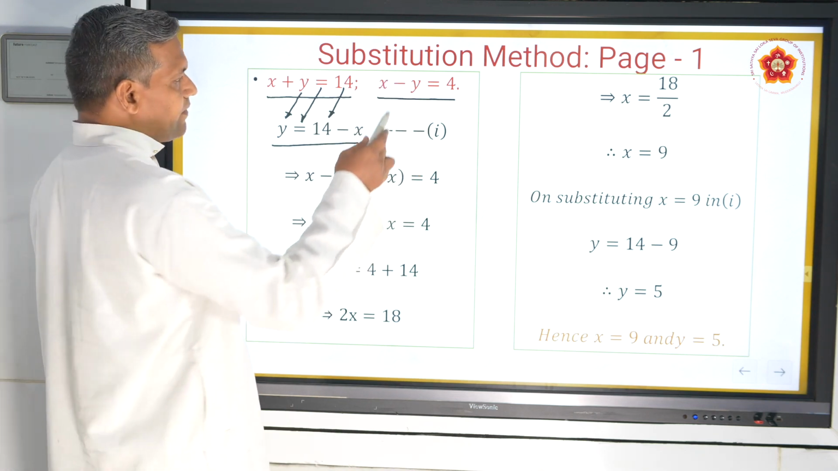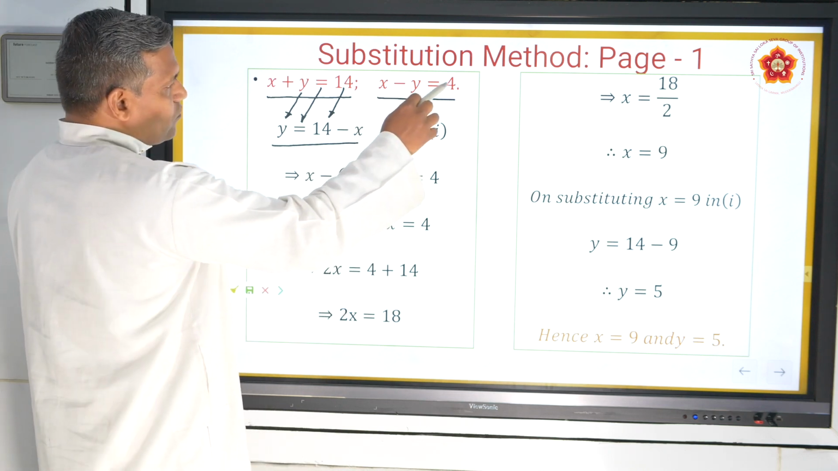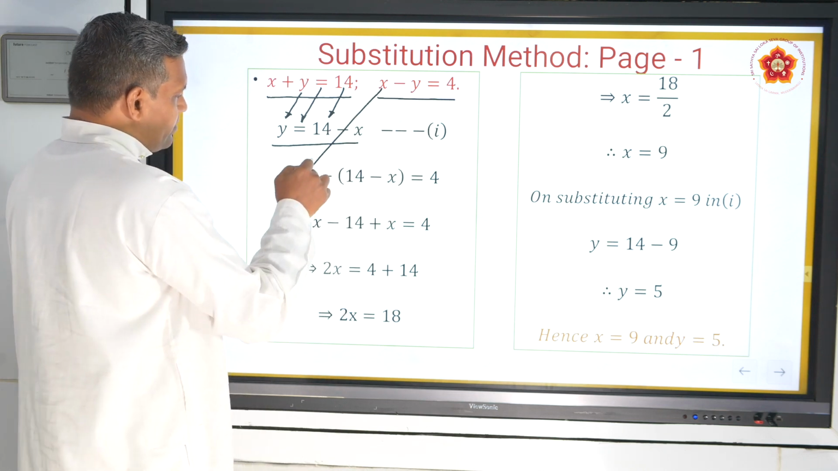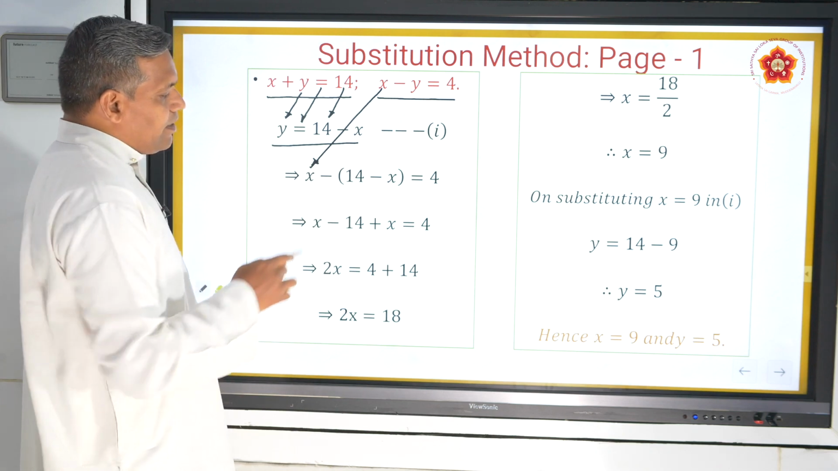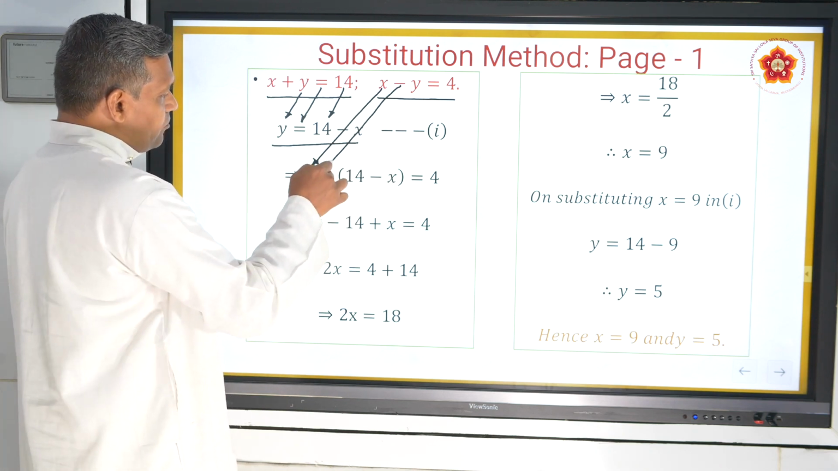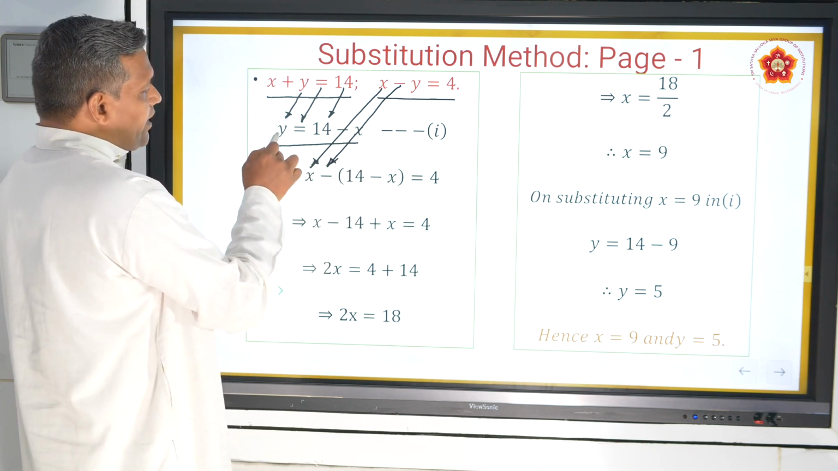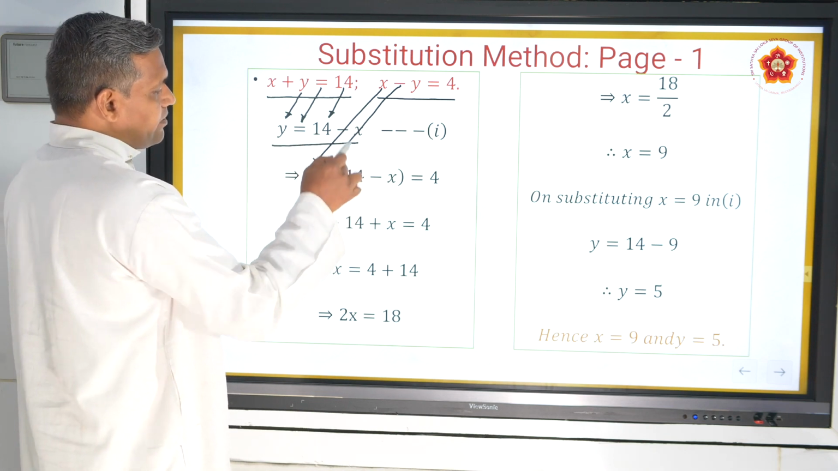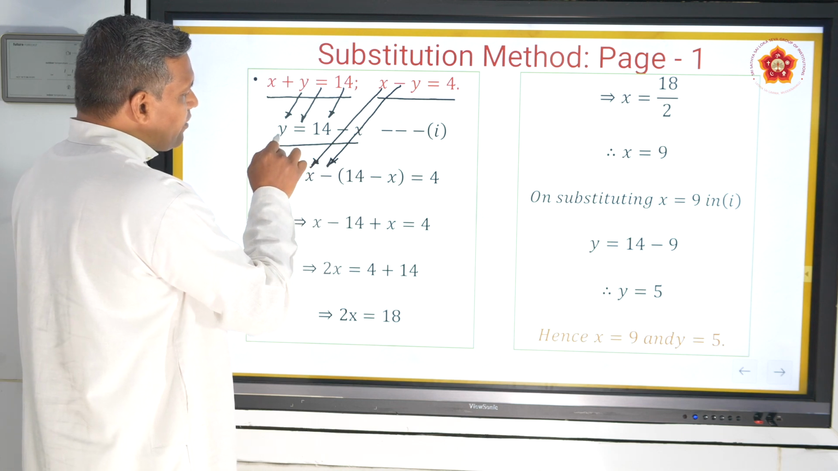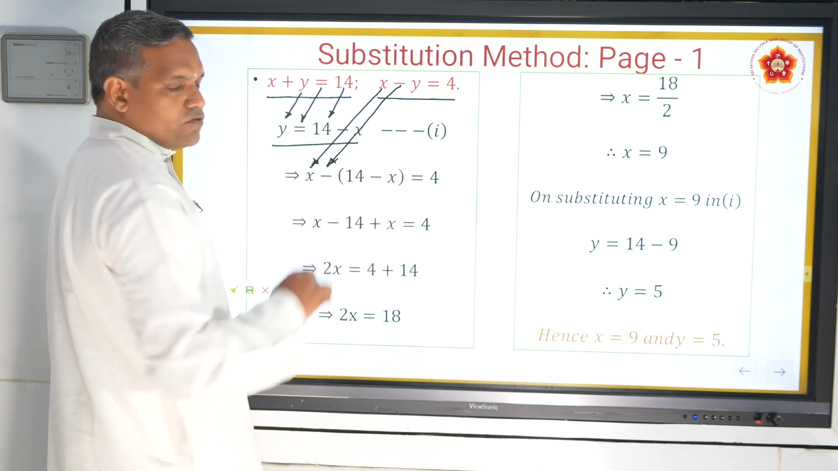So let us take the second one. x minus y is equal to 4. So x is as such, x here, right? Minus as such, minus here, no change. Here y is there, no? That particular y value is what? 14 minus x. So I substitute this y value from here, 14 minus x,